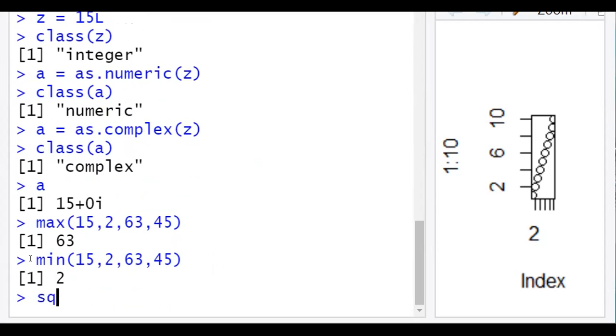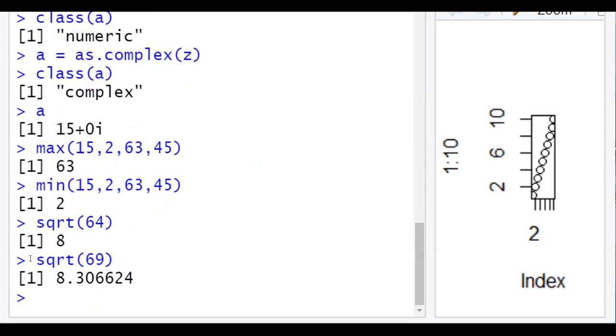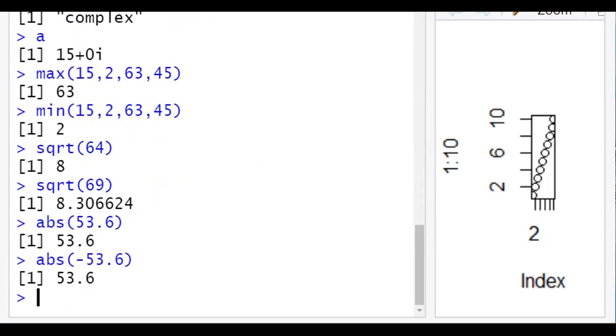Then we have square root. Okay, so the square root can be printed. It prints in the decimal format. Then we have the absolute method, ABS. This ABS function returns the positive value of the number. So here let us give a negative number, and it has given a positive. Irrespective of whether the number is positive or negative, the result will be a positive value only.